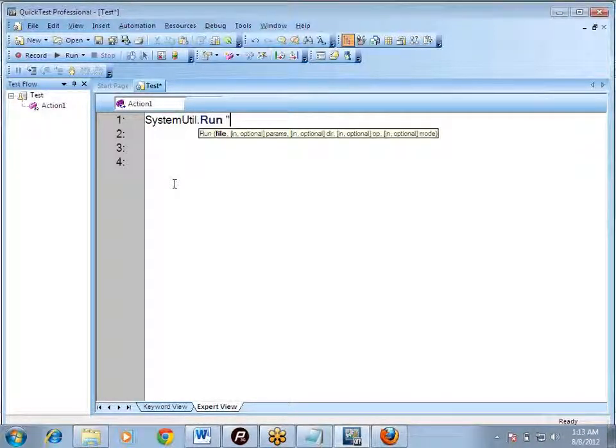It helps us to open the browser plus the application through scripting if you don't want to use record and run settings. How? Firefox.exe in double quotes, comma, then I want to open www.gmail.com. This is the way.